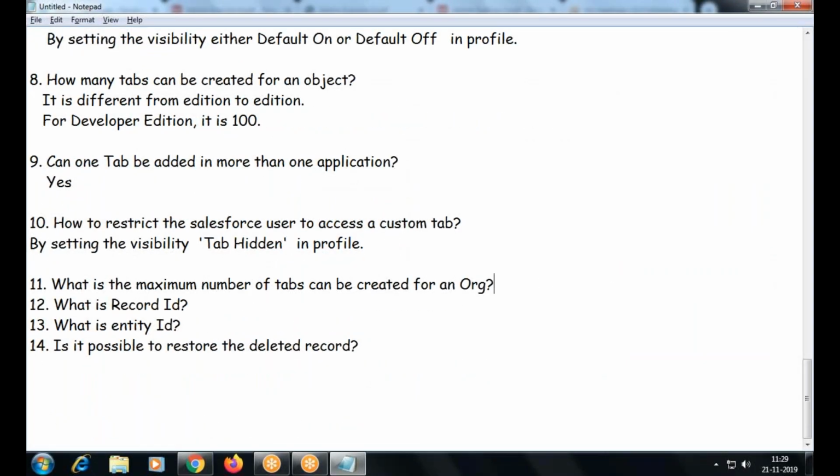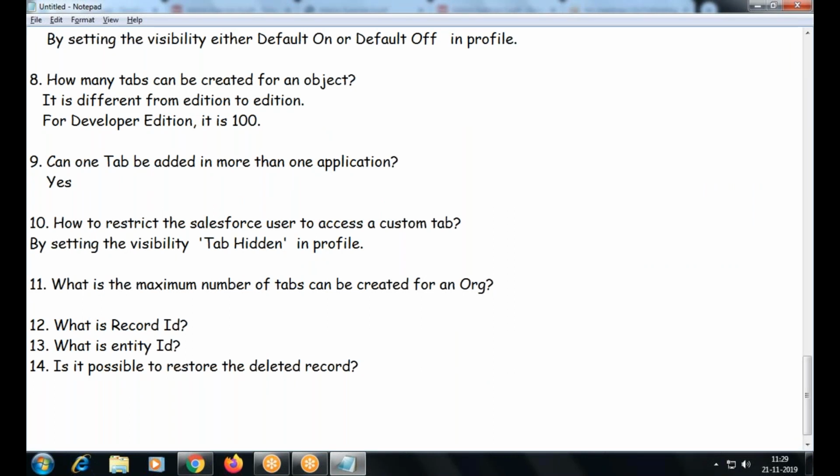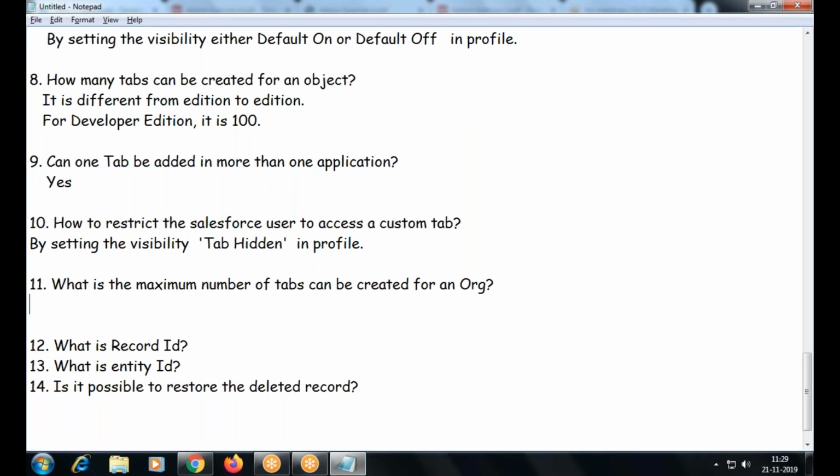What is the maximum number of tabs that can be created for an org? It's under edition.